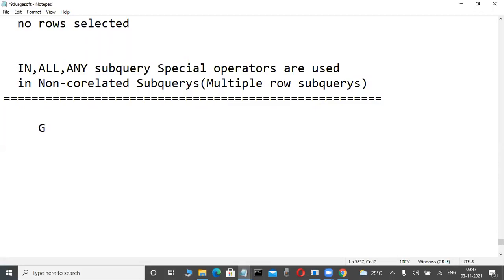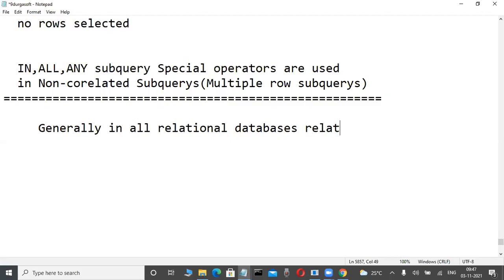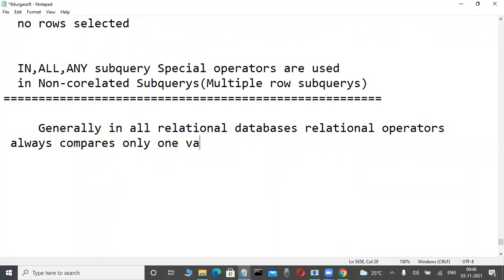Generally, where they are using, I will tell you. Generally, in all relational databases, relational operators always compare only one value at a time. To overcome this problem,